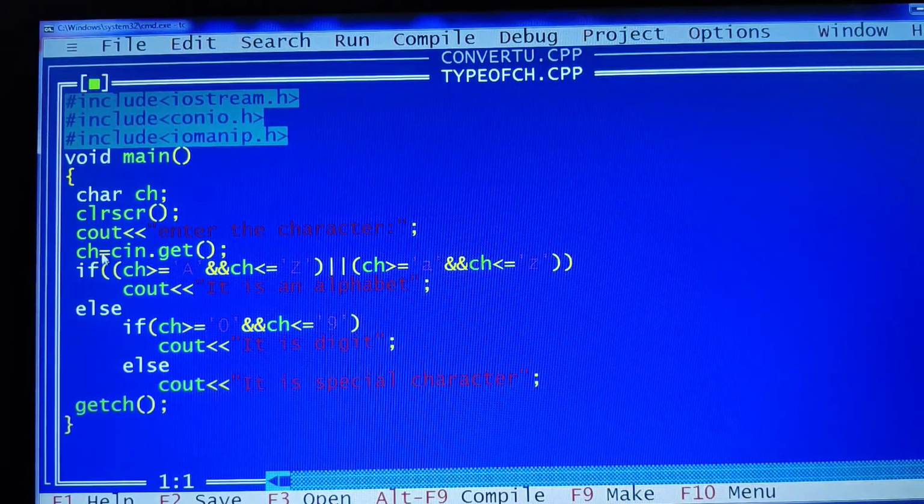Okay, so directly use it, instead of using cin, if it is a single character. Now let me show another sample example for you so that you can understand. So what if I give more than one character, A, B, C, as an input? Actually the get function is the one which reads only a single character. What if I give A, B, C? Still it's printing it is an alphabet. It's not taking A, B, C completely. It is able to read only one single character, that is A.